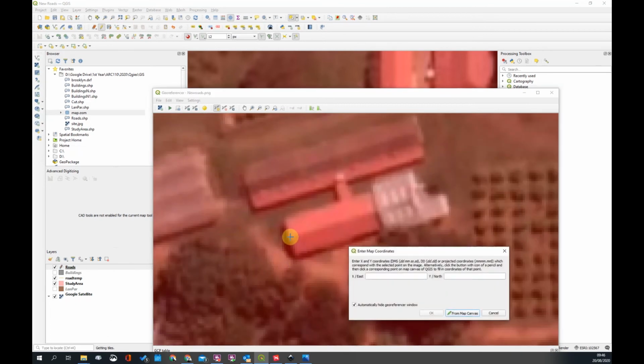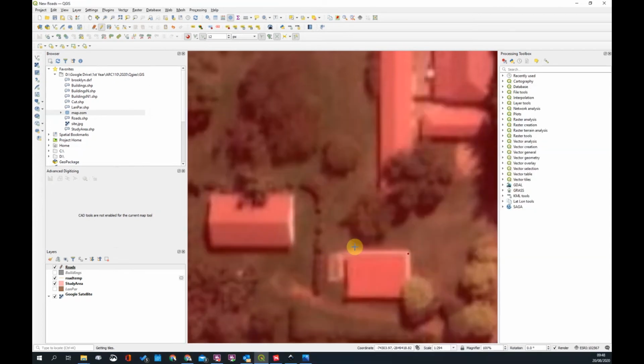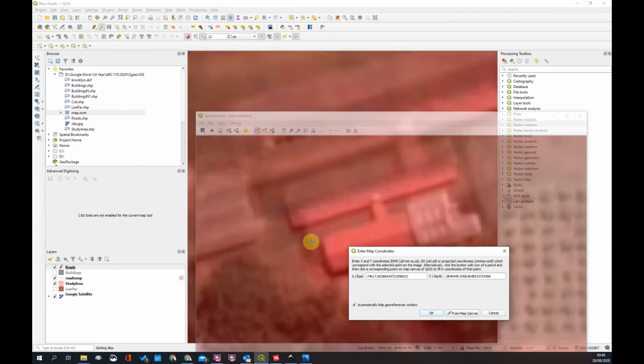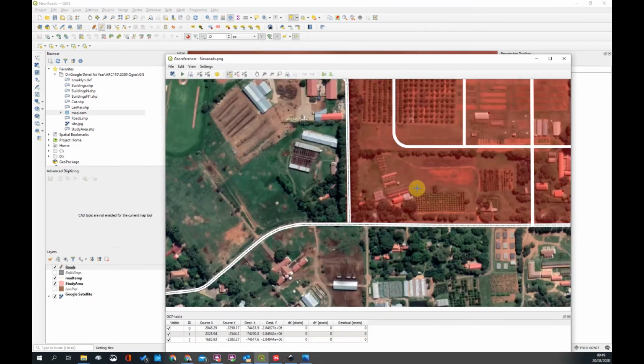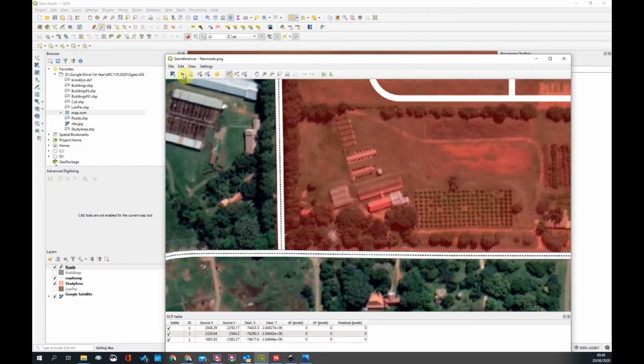So I might find the ridge of this building. Okay, so you just need to select one more point. So I'm going to select this ridge over here, and I'm going to say from map, and I'm going to find that last point, which will be over here. Okay, great. Press OK. All right, so now we've got these points tying up, which is perfect. So once you've done that, you're going to go and start the